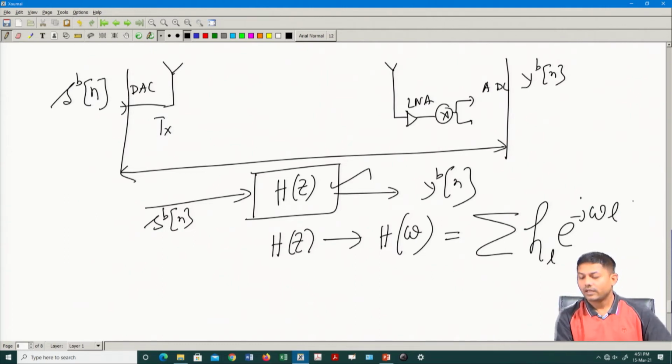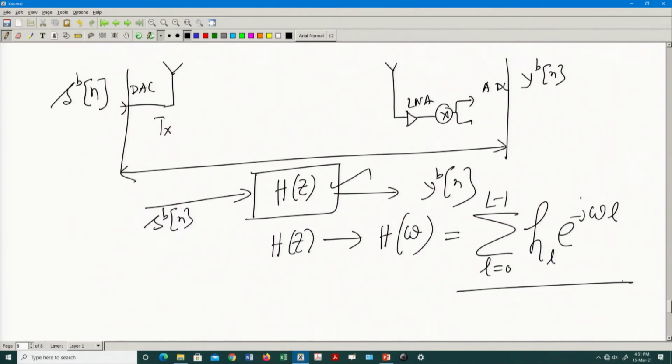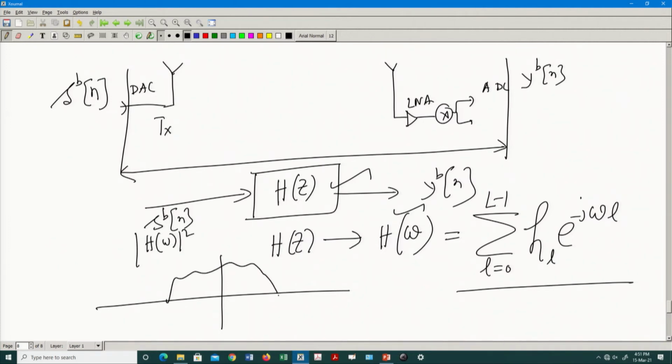This is what it will be. Now, L equal to 0, I have created a finite impulse response just by doing some sort of thresholding. So, this is my channel spectrum. Now, this is the H(ω). You plot the mod of H(ω), you will get some spectrum, whatever it is. It will be from π to minus π, you will have some spectrum that can happen. Okay. Let us understand more on that.